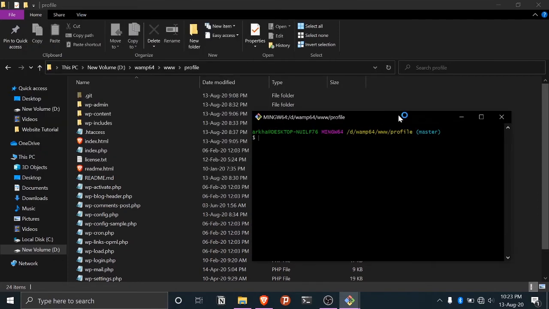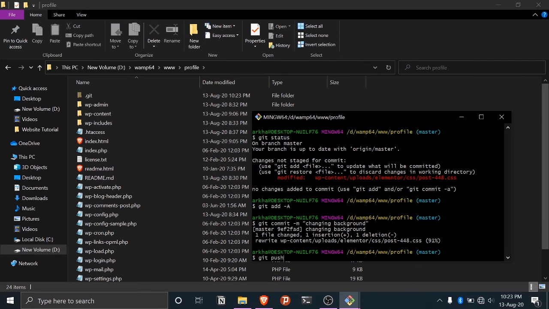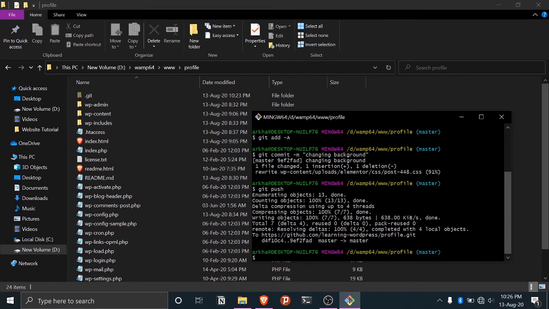So now we'll save this and we'll close this, and now we'll go here to our profile and go to git bash, and here we'll check the status. So you can see one file has been modified, so we're going to add this to the staging area and then git commit with a message that we are modifying the file. Okay. Now we'll do a git push, so we'll update this change on the remote server. Now this change will take some time to take effect, so meanwhile we'll go and add the profile menu to our home page.